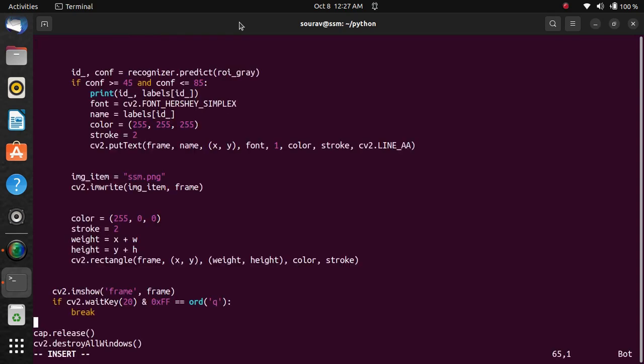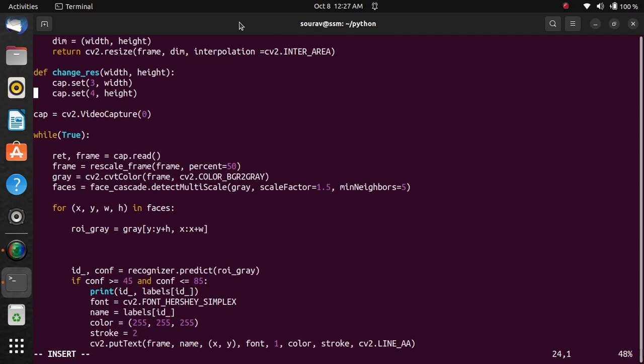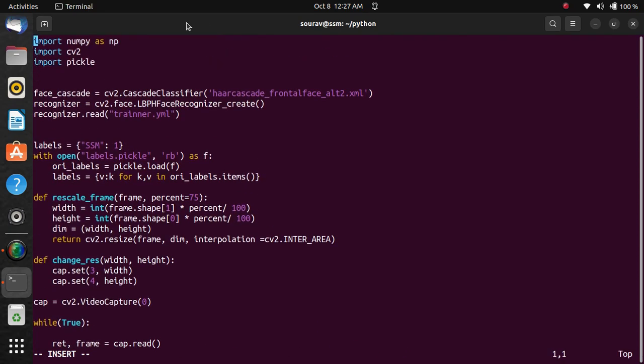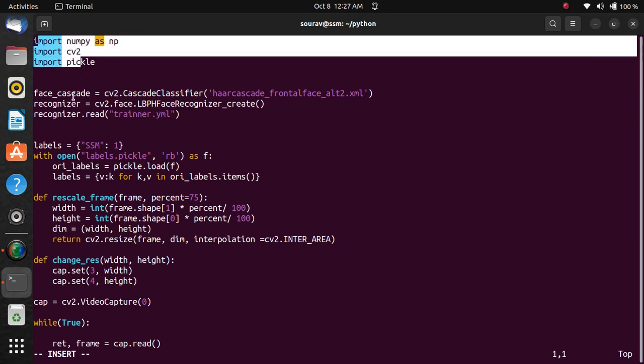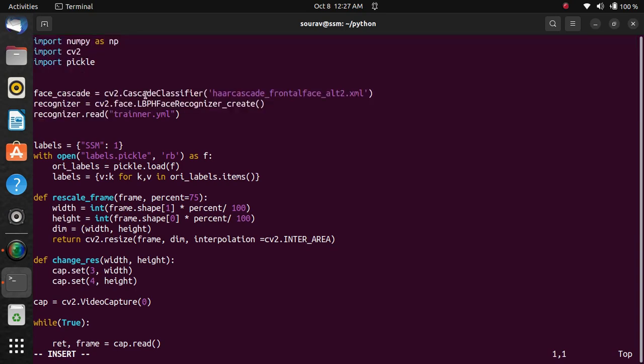First part, importing the required libraries for the program, then load the model.